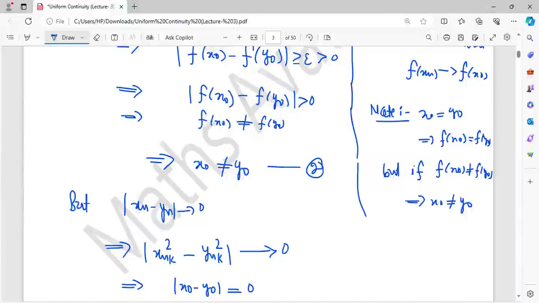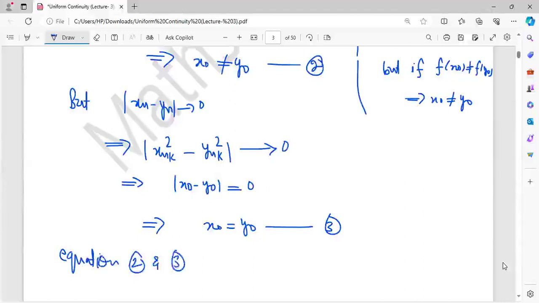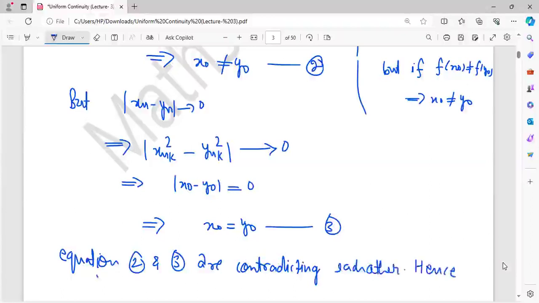So what does it mean? Because this limit is tending to 0, the limit is x naught minus y naught, so this is 0. So x naught and y naught are equal. Equations 2 and 3 are contradicting each other. Equations 2 and 3 are contradicting each other. Hence, f is uniform. Hence,